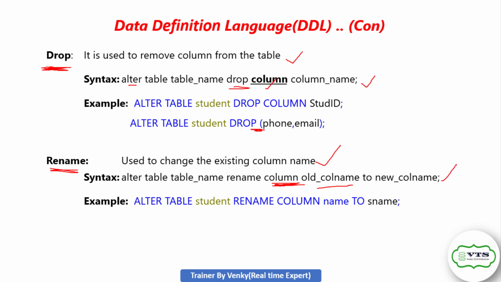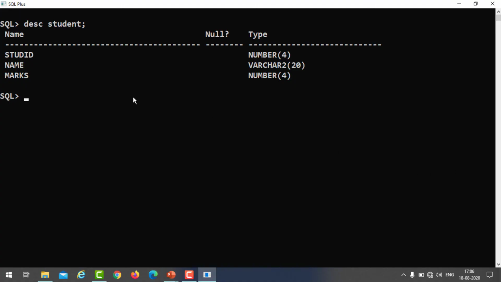This is the syntax. In RENAME, we can't rename multiple column names at a time. A single column alone we can change. For example, changing student ID and name both at a time is not possible. We can do it only one column name at a time.